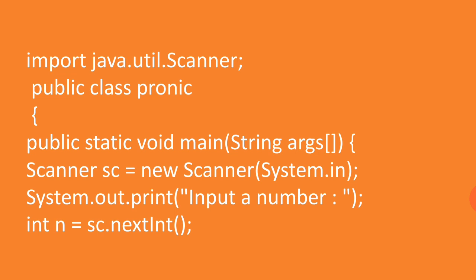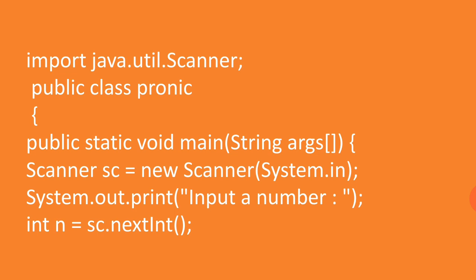Now first thing, we have to input the number, but before that we have to make the object of the Scanner class, because that's important for the input through the keyboard during the runtime of the program. Now System.out.print("Input a number"), that is a message to the user to enter the number. And now variable n, int type, so int n equal to sc. sc is the object, you can notice over there, Scanner sc equal to new Scanner(System.in). So sc is the object. That object of the Scanner class is used with the nextInt function, so through that the value will be entered and stored in the variable n.